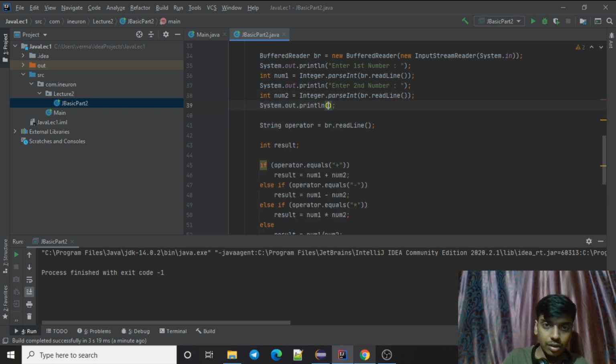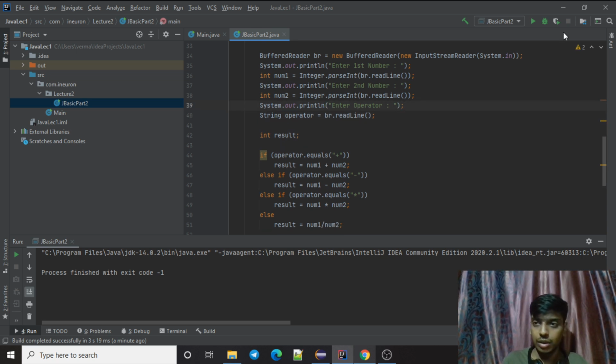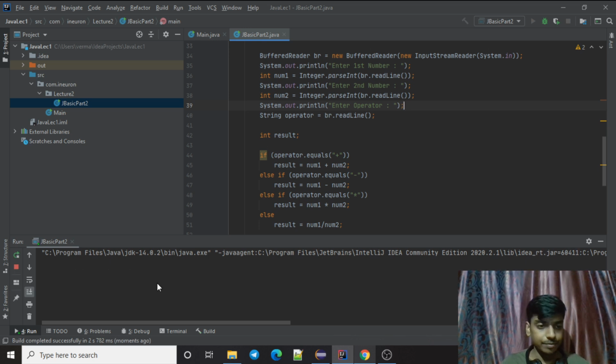And now I'll enter what operator I want. Enter operator. So I'm just giving these messages so that our user is clear what he needs to do, right? Because if I don't give these messages, how will it know what it needs to insert? So now it will look good.